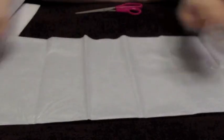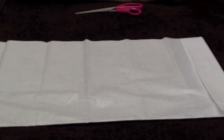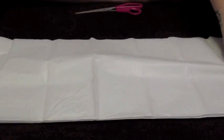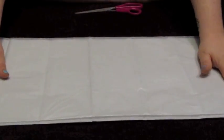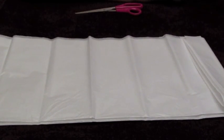The first thing you're going to want to do is lay out your tissue paper. I am using 3 pieces of tissue paper folded in half. I like the way that it looks with the 6. It makes it pretty full, but it's not so full that it looks like a hot mess. You can use more or less depending on your preference. Like I said, I like the way it looks with 6 layers, and once I like something, I try to